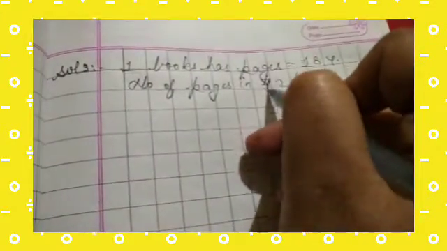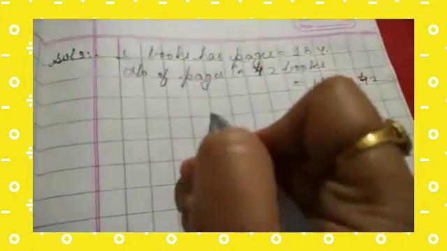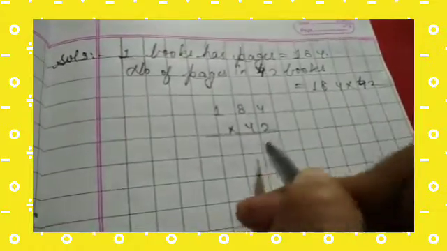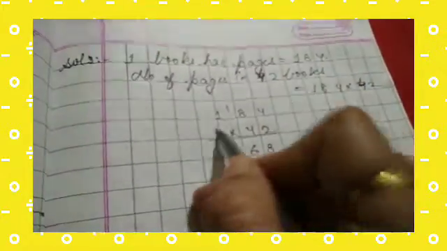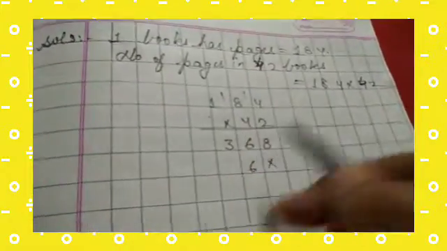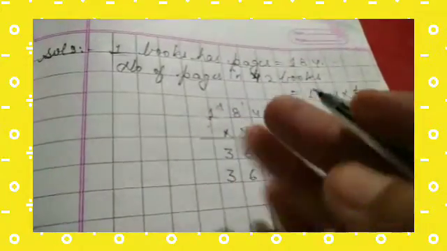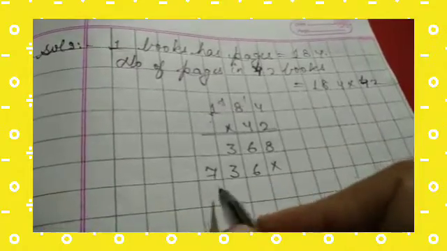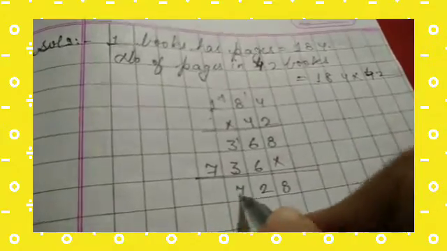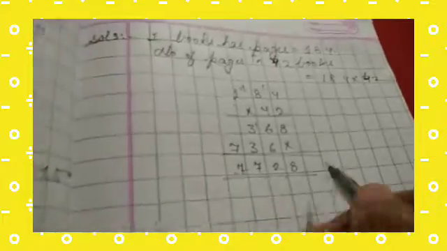42 is there, not 72. 42 है, 42 बुक्स में निकालना है. So 184 into 42. 4 2s are 8, 8 2s are 16, 6 carry 1, 2 1s are 2 and 1, 3, 4 4s are 16, 6 carry 1, 8 4s are 32 and 1, 33, 3 carry 3, 4 1s are 4, 5 6 7, 8 12, 3 3 6 and 1 7 and 7. So answer is 7,720 pages.